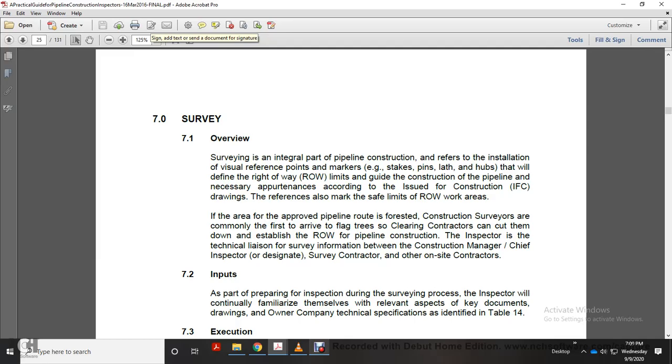with the markers, stake pins, laps, hubs that will define the right of way with the limited guide with the construction of the pipeline for the prudency for the corner of the issue with the construction and drawings, the reference also made with the safe limit of the right of way work areas, if the area with the proof of the pipeline route with the forecast of the contract structure survey, they commonly first